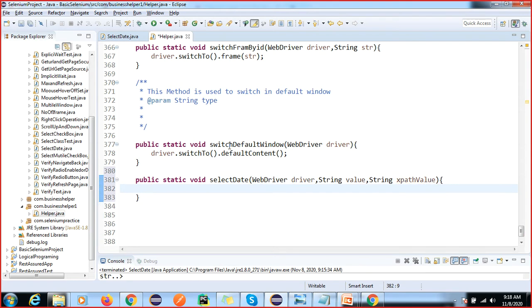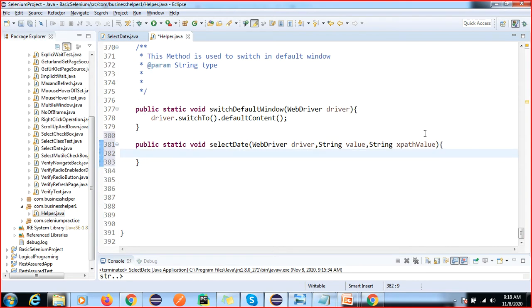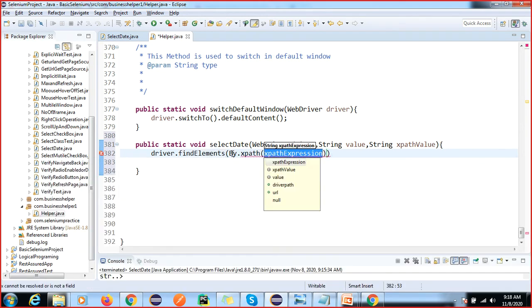Understood, right? So again we will repeat the same steps. What are the steps? Driver dot findElements, then By dot xpath, and the XPath is this value we will give.